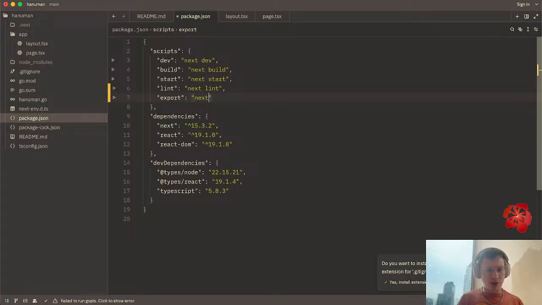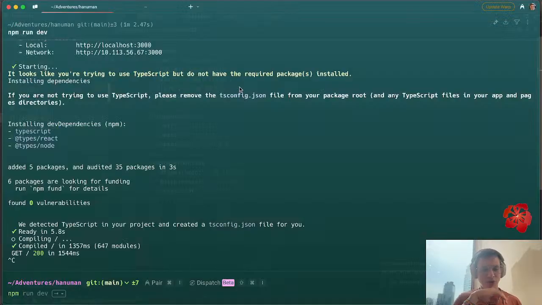This is going to be two commands actually. next build, next export. So it's really two steps. And the reason we're doing this is when you're exporting, you need to build the project first. So that build gets us halfway. So if we do npm run build,